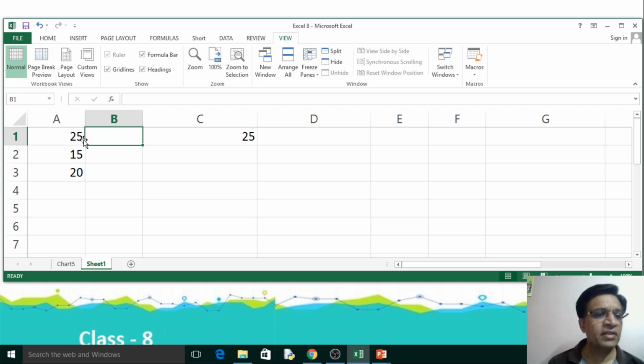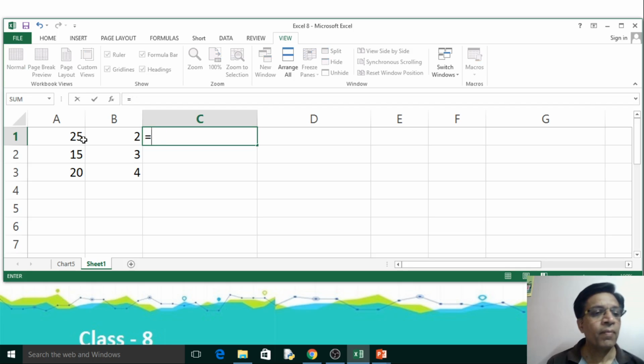Suppose column A contains 25, 15 and 20, and column B contains 2, 3 and 4, and I want the product of the individual cells. I want to multiply cell A1 with cell B1 and get the result in C1. So I'll write equals A1 multiplied by B1 and press enter, and we'll get 50.